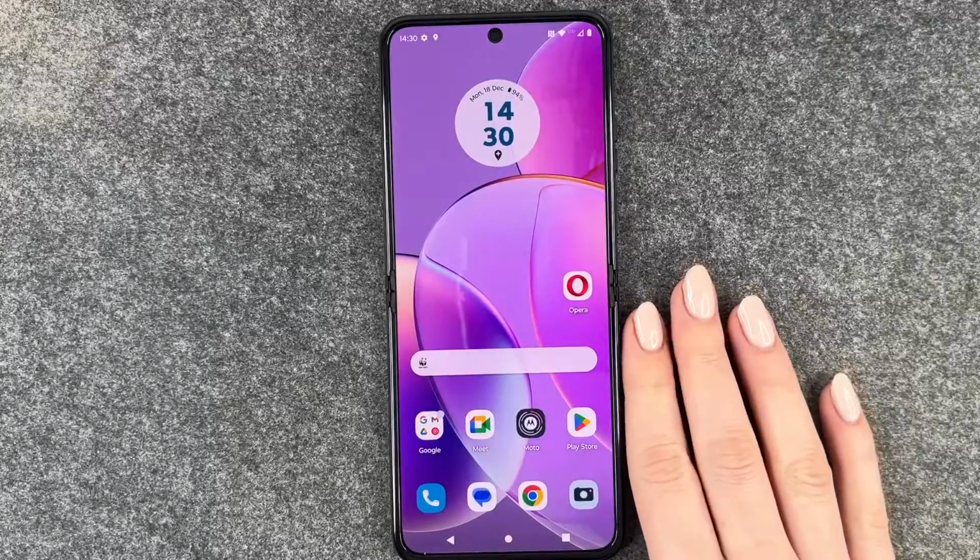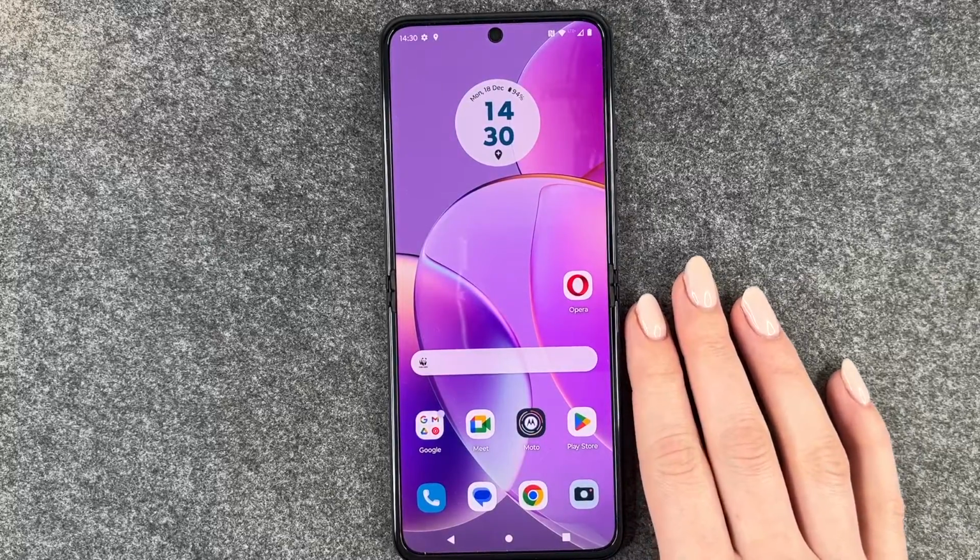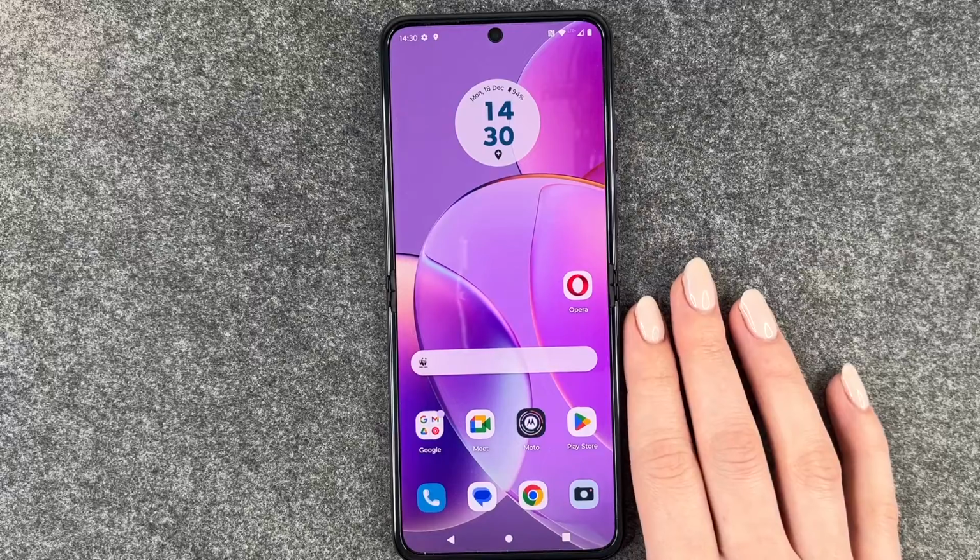Hi buddies, welcome back. Today I want to show you how you can create app folders on your Motorola Razr